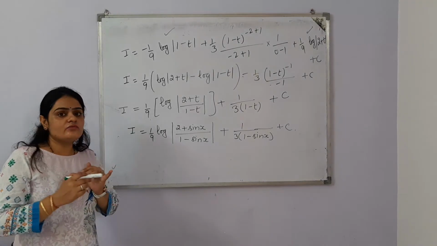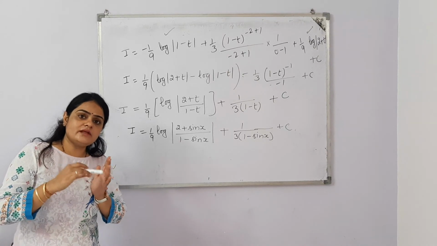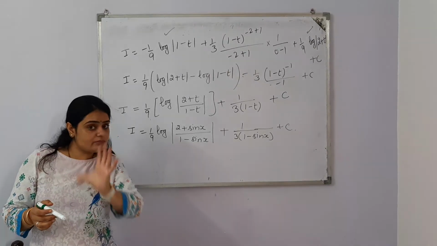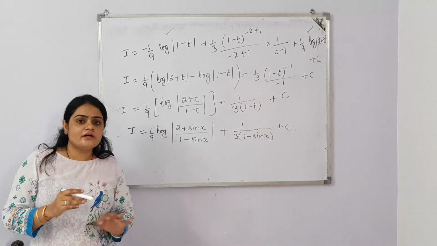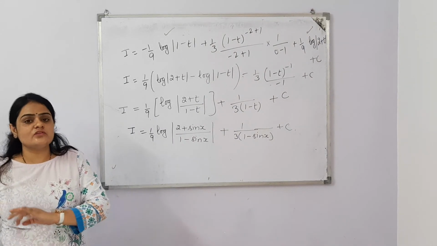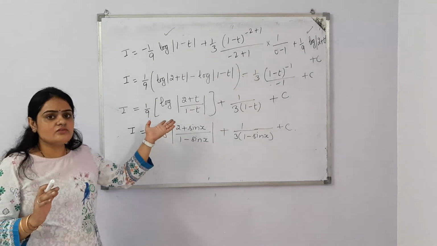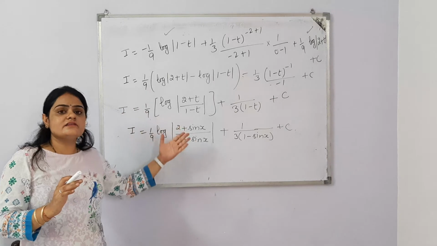Now in the third video, we learned that if instead of a variable x or y or z, we have a trigonometric function, we need to substitute that trigonometric function equal to any other variable which is not available in the question. In this question x was already given, so I have taken sin x is equal to t.